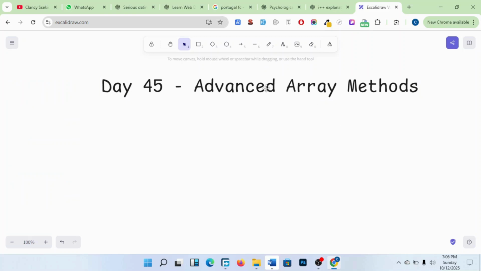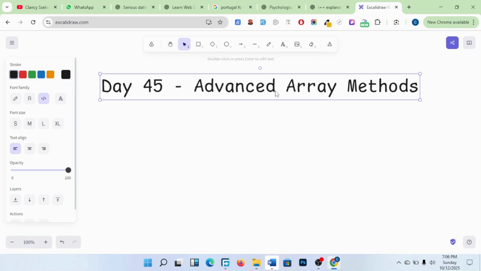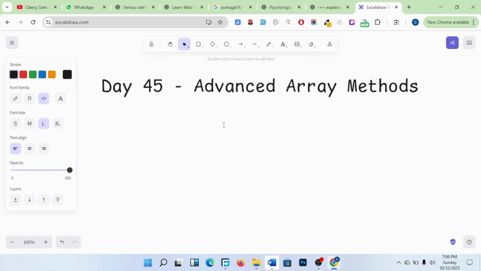Before we start today's class on advanced array methods, I would like to first do a recap of what we covered yesterday. Yesterday was day 44. We looked at